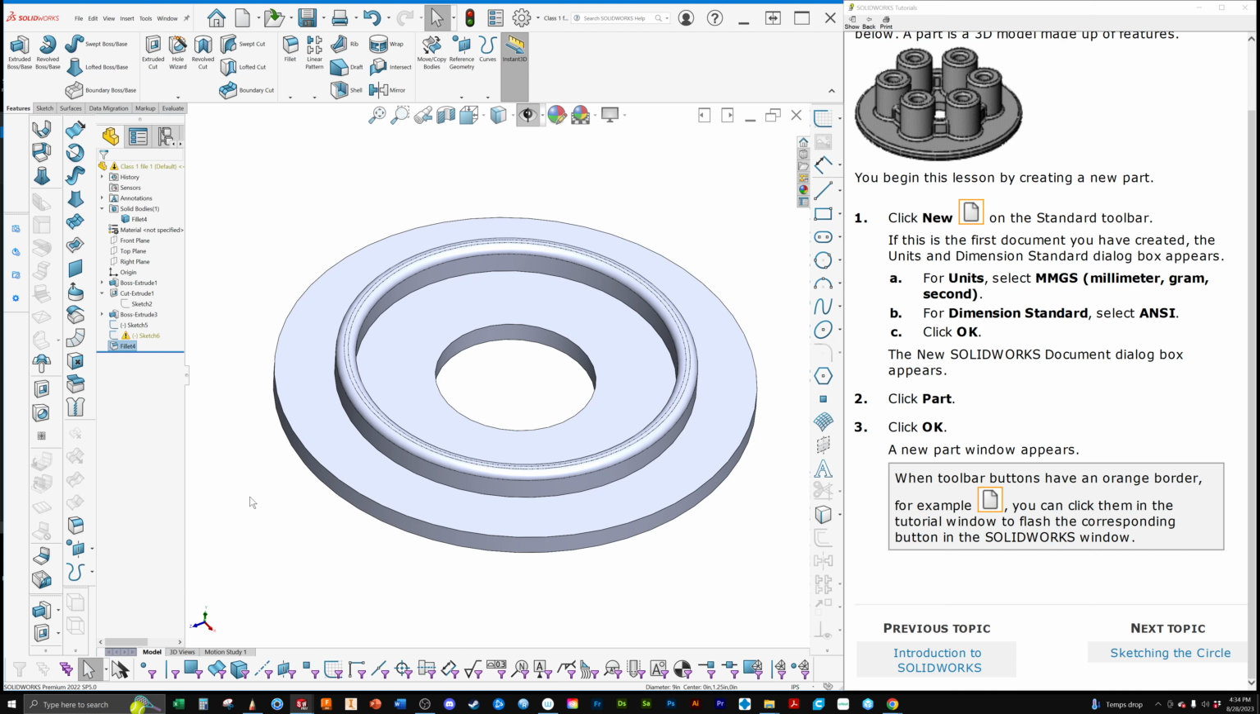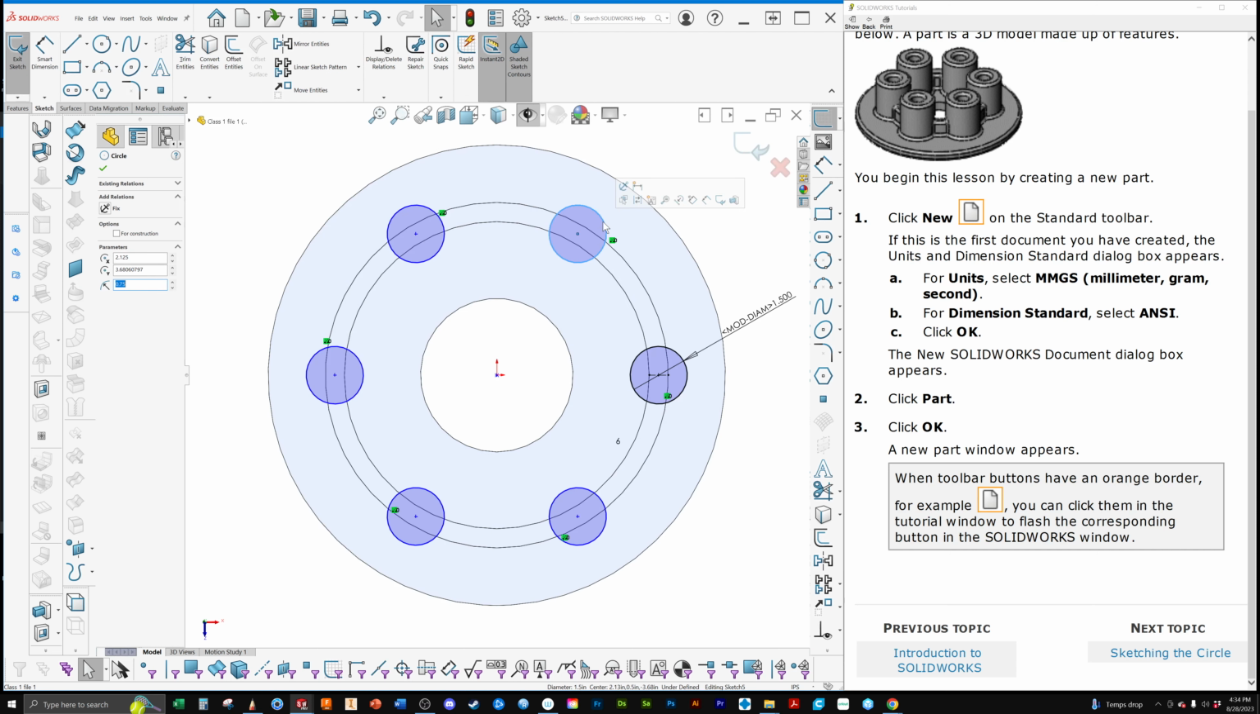Oops, I don't think I'm in the right one here. There we go. That's what I want. Because you saw that for each one of these I extruded, I had to do the exact same commands to each one each time. So what I'm going to do instead,